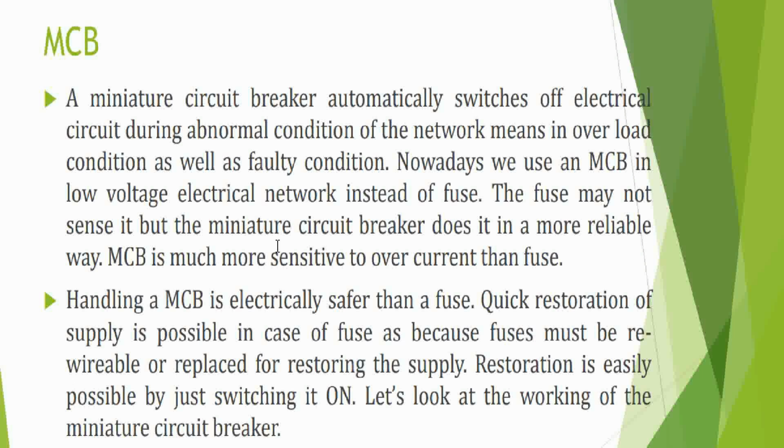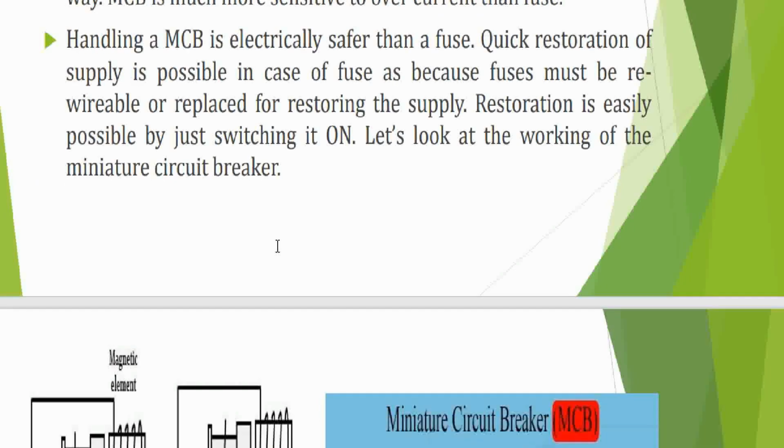cost. In normal condition, this circuit breaker is a switch which automatically turns off when the current flowing through it passes the maximum acceptable limit. The rated current is not more than 100 amps. That is about your MCB.